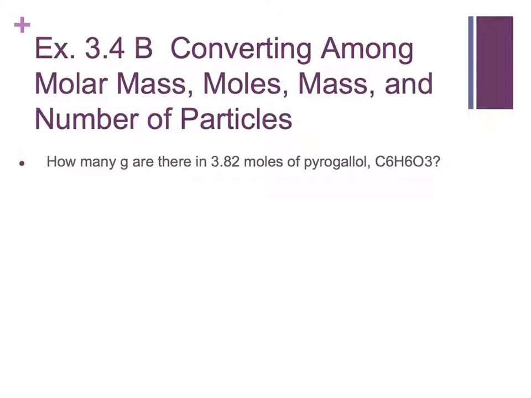So here we go. How many grams are there in 3.82 moles of this molecule here called pyrogallol, C6H6O3? Well, we know that the units on this, when we calculate it, will be grams per mole. That per mole there, that division sign says that's a conversion, grams per mole. So if we have 3.82 moles of C6H6O3,